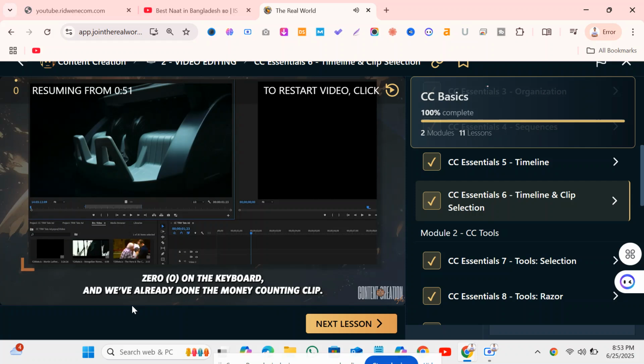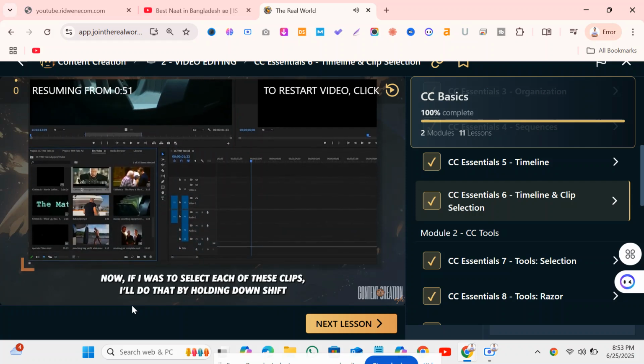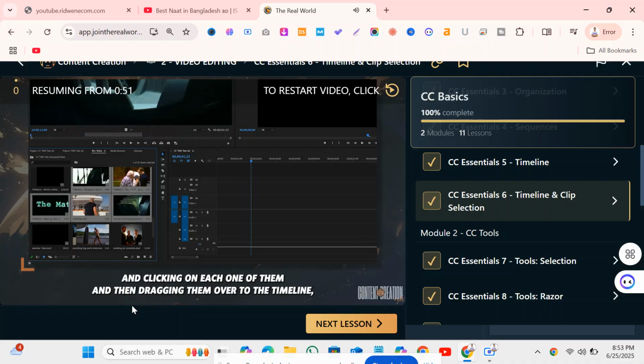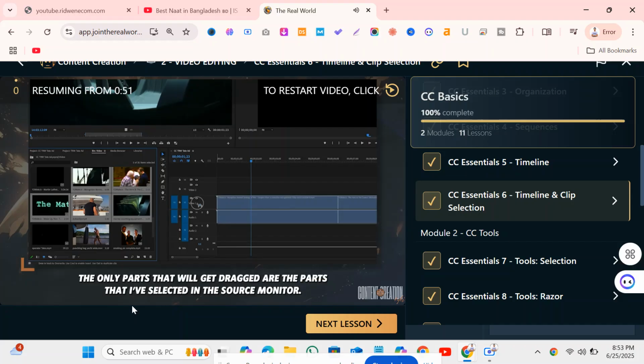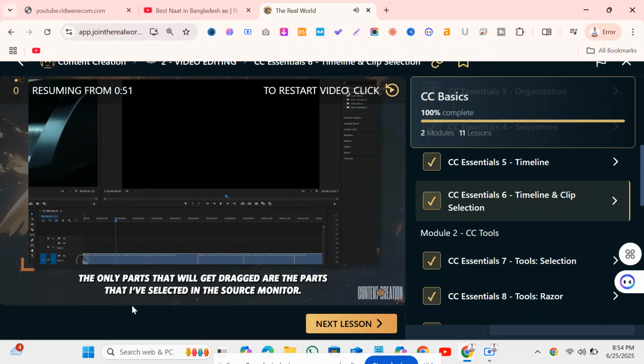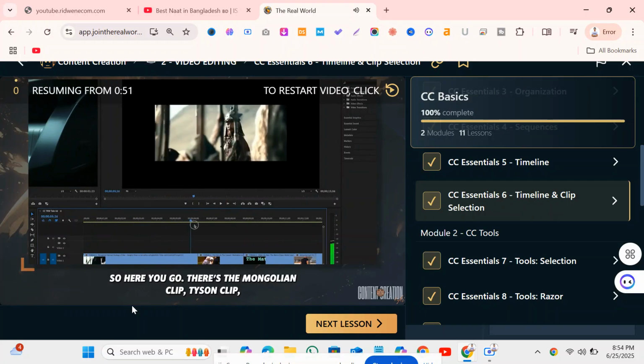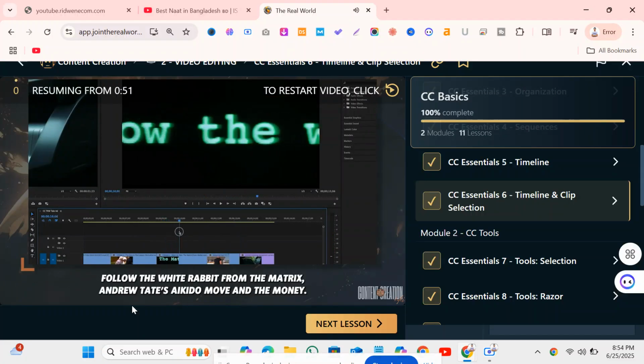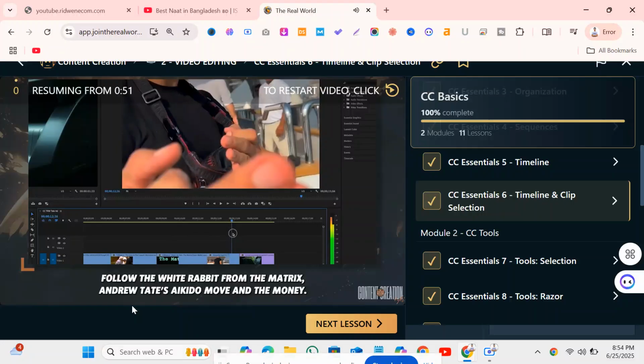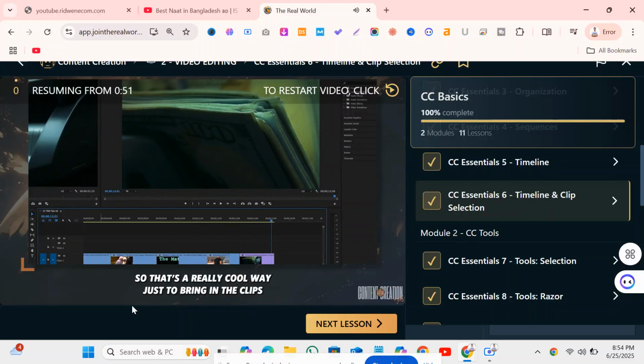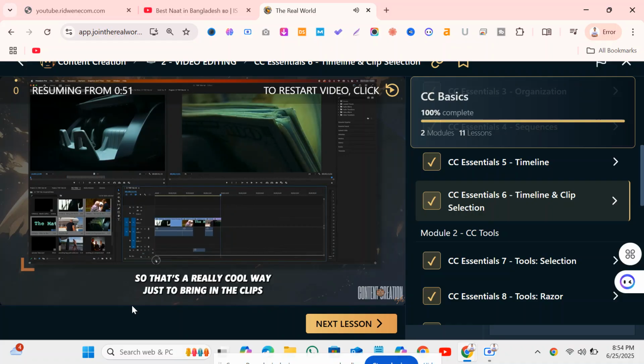and we've already done the money counting clip. Now if I was to select each of these clips, I'll do that by holding down shift and clicking on each one of them and then dragging them over to the timeline. The only parts that will get dragged are the parts that I've selected in the source monitor. So here you go. There's the Mongolian clip, Tyson clip, follow the white rabbit from the Matrix, Andrew Tate's Aikido move, and the money. So that's a really cool way just to bring in the clips that you only are interested in, rather than dragging the entire clips over and then having to cut through each of them